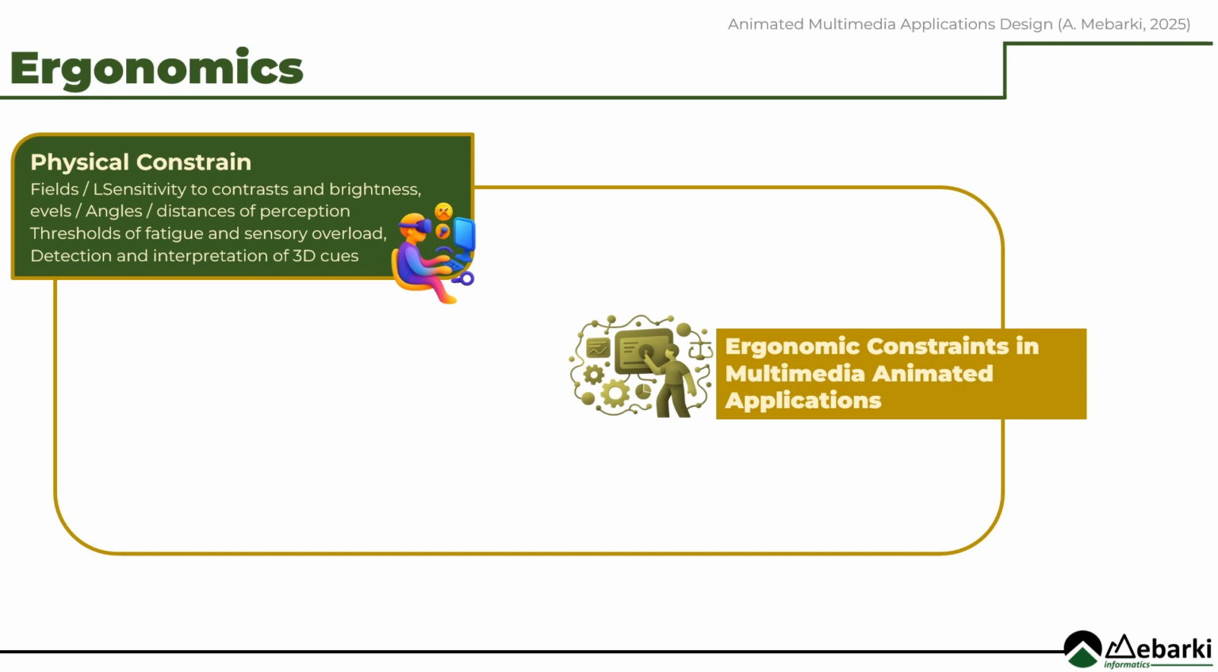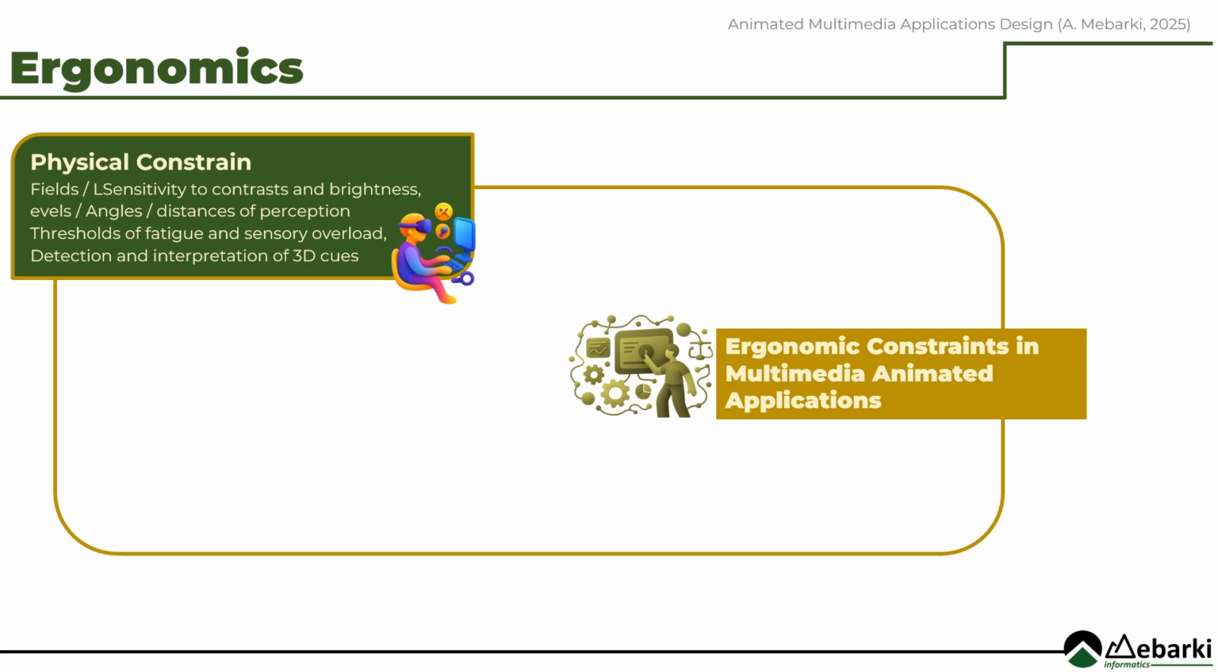respecting physiological limits. Key factors include fields of perception, central and peripheral, levels of perception, such as color discrimination, sound frequency sensitivity, and tactile resolution, angles and distances of perception, which influence visibility and spatial localization, sensitivity to contrasts and brightness, thresholds of fatigue and sensory overload, and detection and interpretation of three-dimensional cues, depth, movement, and perspective. By respecting these parameters, designers ensure that the multimedia experience remains comfortable, perceptible, and non-fatiguing, particularly during prolonged use or